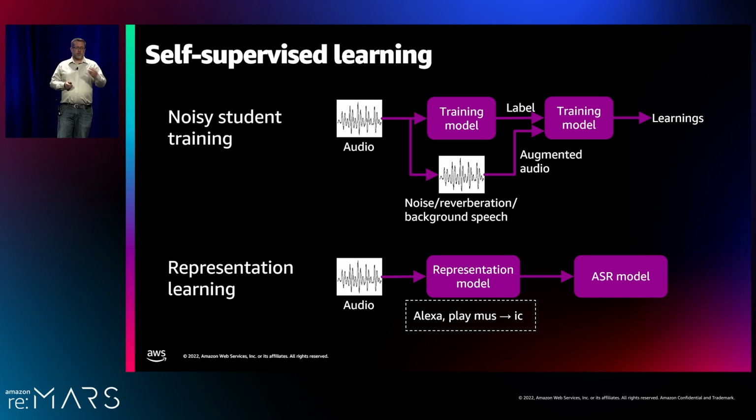What we found is that by pre-training the model to understand the structure of speech, we end up with a better overall ASR model with much less labels. So that helps reduce that dependency on human labels. And these approaches are complementary, not mutually exclusive. For example, we might start with a brand new model and use representation learning to pre-train it to understand the structure of speech. We could then fine-tune it using semi-supervised learning with our teacher labeling for us, and use weak supervision to correct any of those errors that the teacher may have introduced. And finally, once we have a good model, we can use noisy student training to make it more robust to these challenging acoustic conditions.